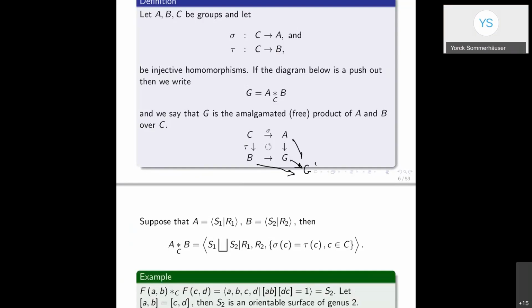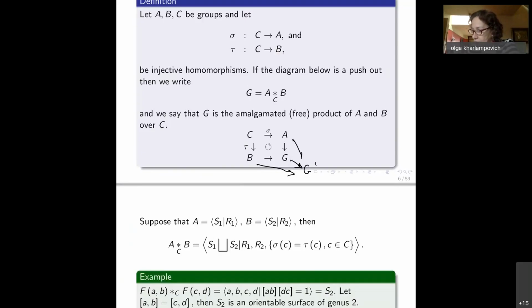I'll give some examples now, but basically you just write sigma of C in generators S1, and tau of C in generators S2. You can have infinitely many, you can write it for every element of C, but sometimes it is not necessary to write it for every element of C. Sometimes it follows from